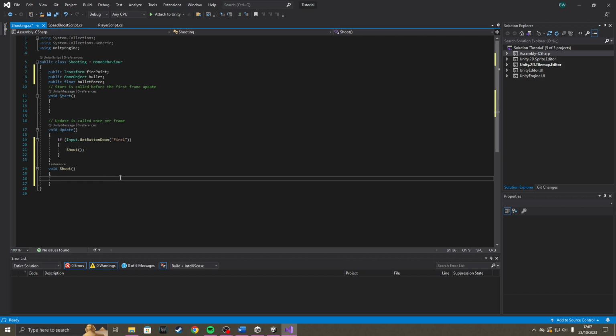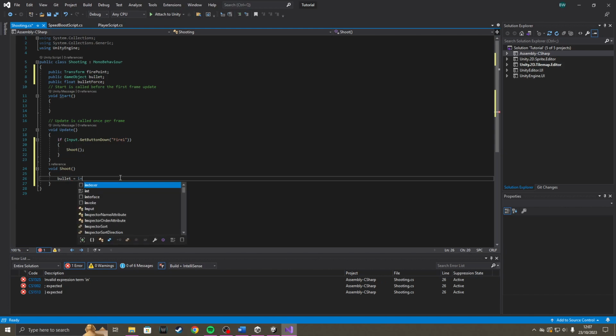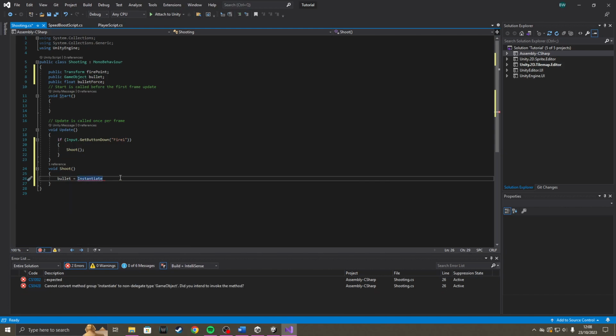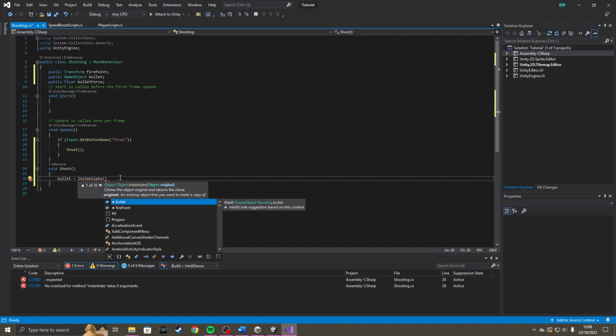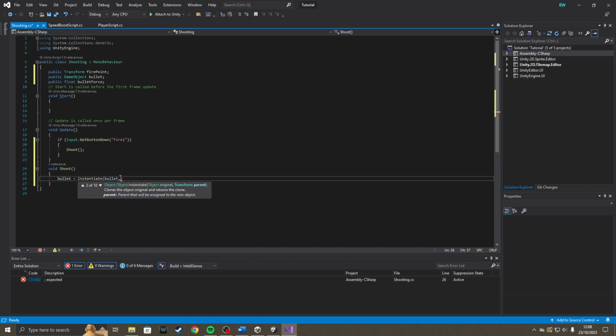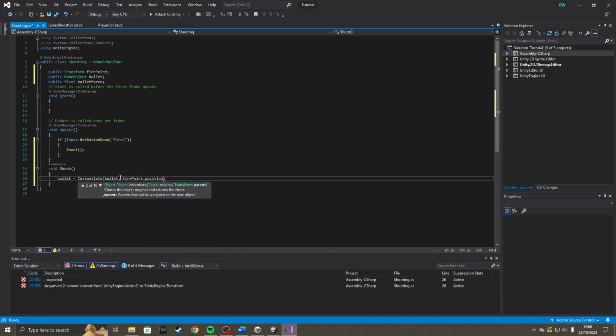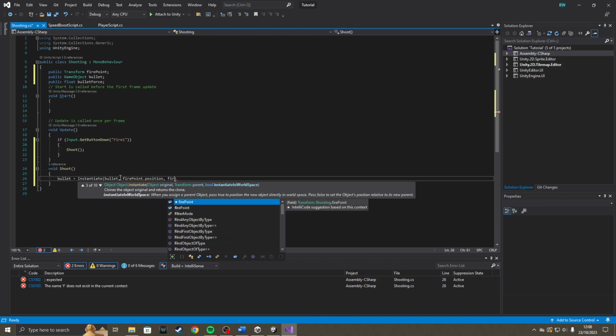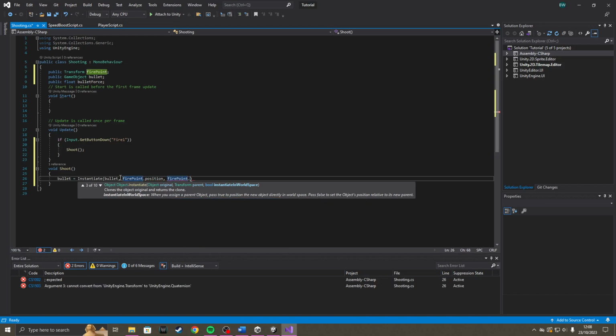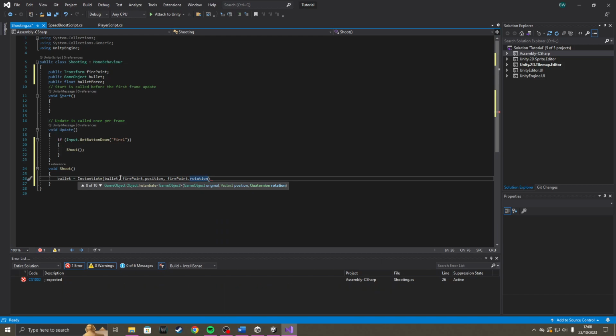I then want to go to the shoot function, and I want to do bullet equals instantiate, and we want to create brackets. We want it to be the bullet, comma, and we want it to be the fire point dot position, and another comma, and then the fire point's rotation. So this is basically just to spawn in the bullet object, and it will have basically the same position and rotation of the